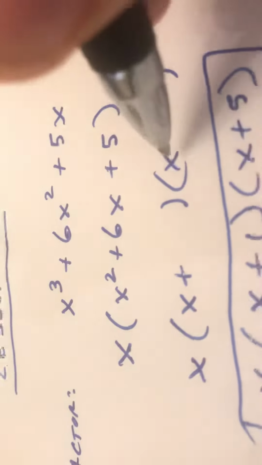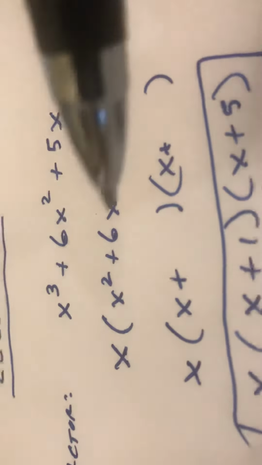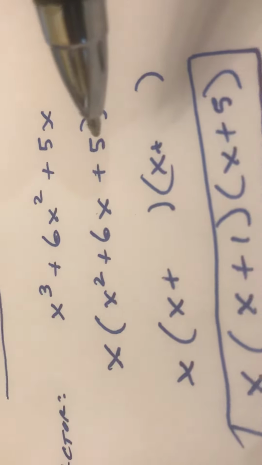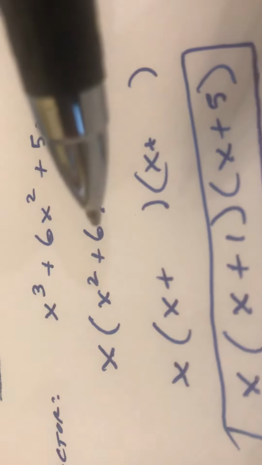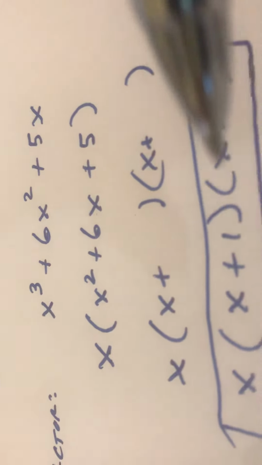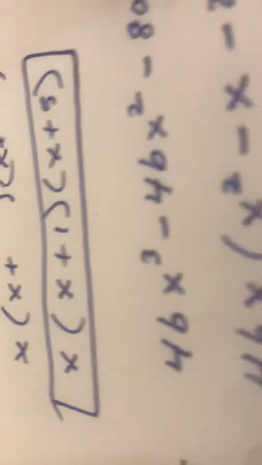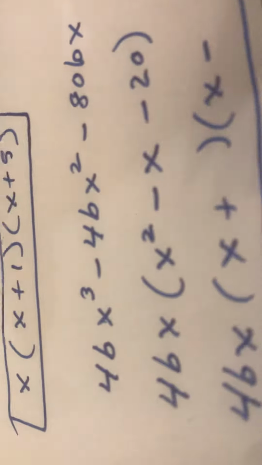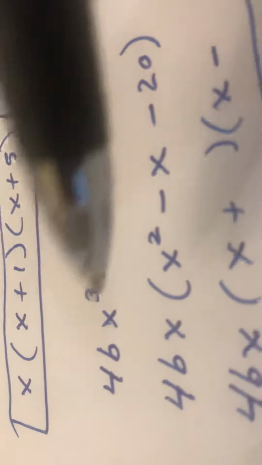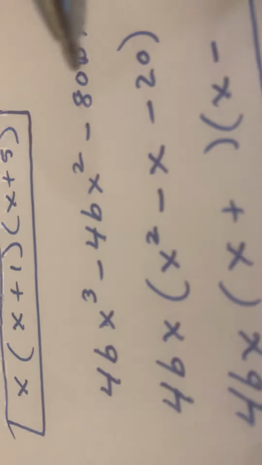So now, what two numbers multiplied together equal 5 but add up to 6? It's 1 and 5. So that's factored. We've made it multiplication. In the second example, they each have a 4 that goes into 4 and the 80, and